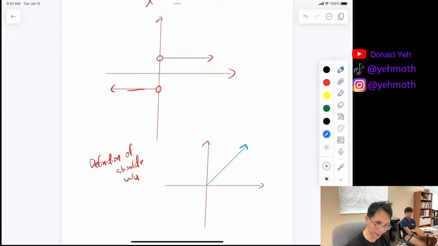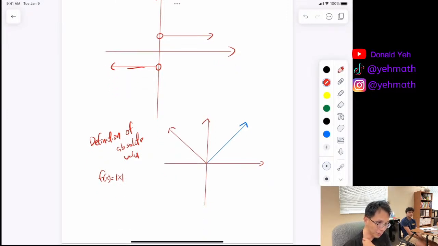The absolute value function looks like this, and the red part is gonna look like this. So this is the absolute value function. So first of all, I will write down the absolute value function f of x is equal to absolute value of x, right? And we're gonna go back to talk about our questions. Now, you can write something called a piecewise function. Most of you guys don't know what a piecewise function is. Basically, I'm gonna write this in two pieces, with each piece having a different domain. So on the right piece, we're gonna call this side x. Is that okay? So that'd be x when x is greater than 0,